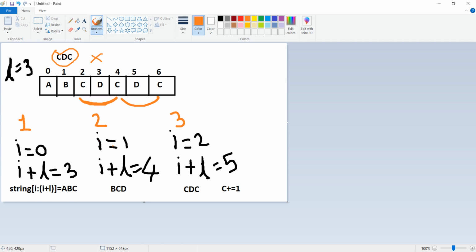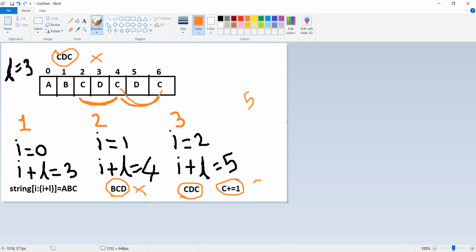So after performing this iteration, is it matching or not? No. So it will move on to iteration 3. Here, after performing this iteration, it is matching with our substring. So it will increment C by 1, and again after the fifth iteration it will give the same output, CDC.